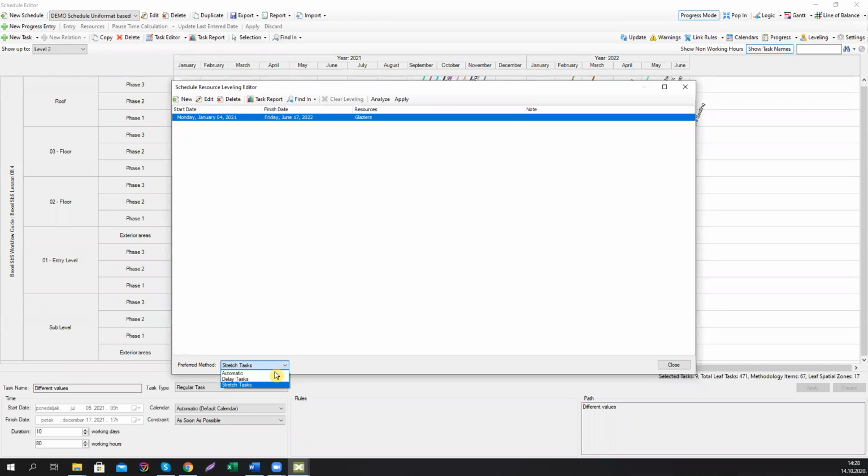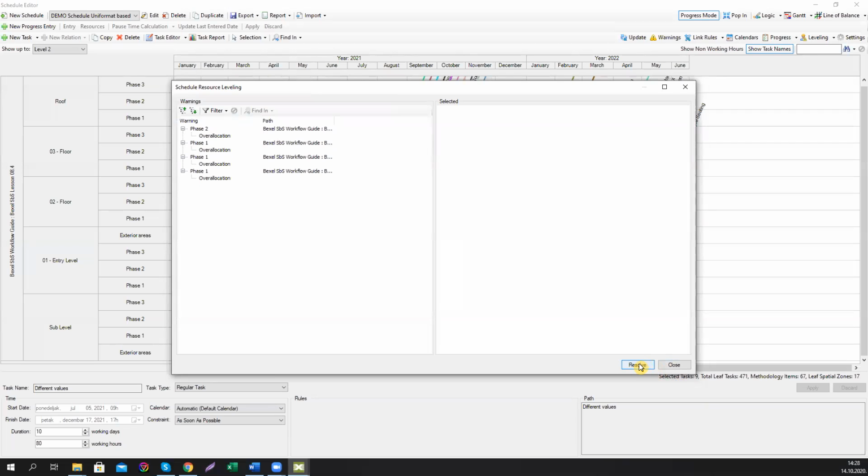We can choose the type of modification: the task could be delayed or stretched, or the algorithm can automatically choose one of these functions. I always recommend using stretch tasks because it will keep the continuity of your activities well. So you click your proposed limit of 4 glaziers in this activity, click apply, click resolve,